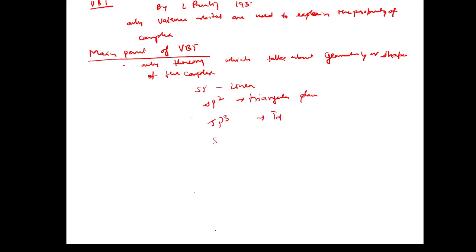If we have sd3 also, this is tetrahedral. If we have dsp2 or sp2d, these two are square planar. If we have dsp3 or sp3d, these are called